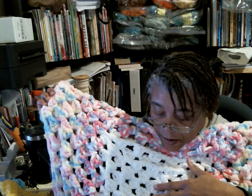So I wanted to go ahead and use those because those chunky yarns take up a lot of space in my cube, and it makes me look like I got a lot more yarn than I do. Which I got a lot of yarn, but you know. So I wanted to go ahead and use that and get out of the way. So the white is the Bernat baby. This is the Bernat baby, and then this is the Chateau from AC Moore, Stitched by Nicole yarn line,